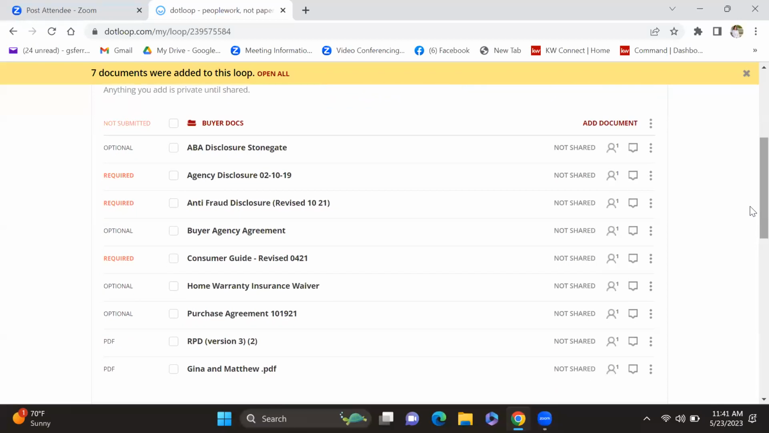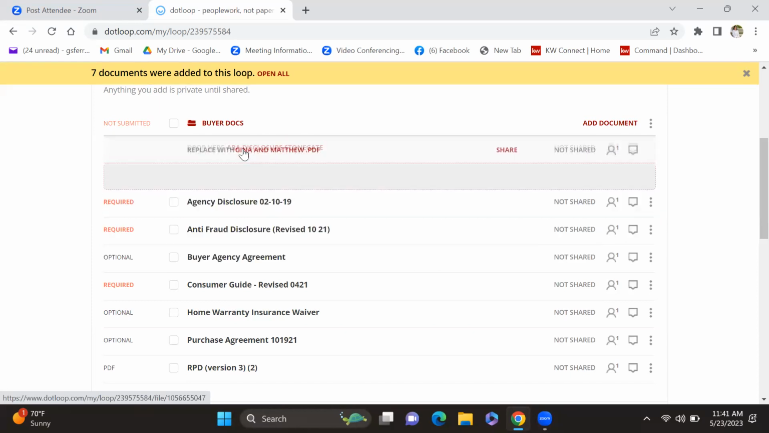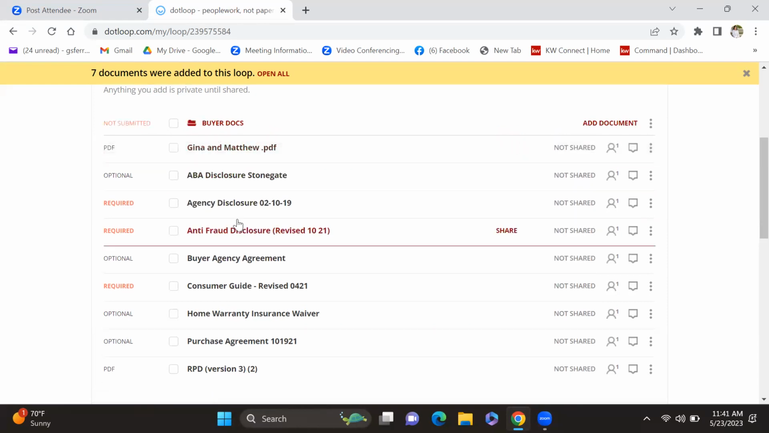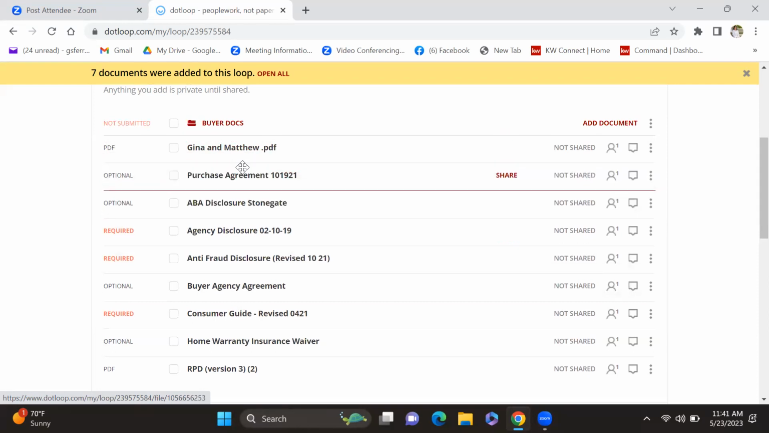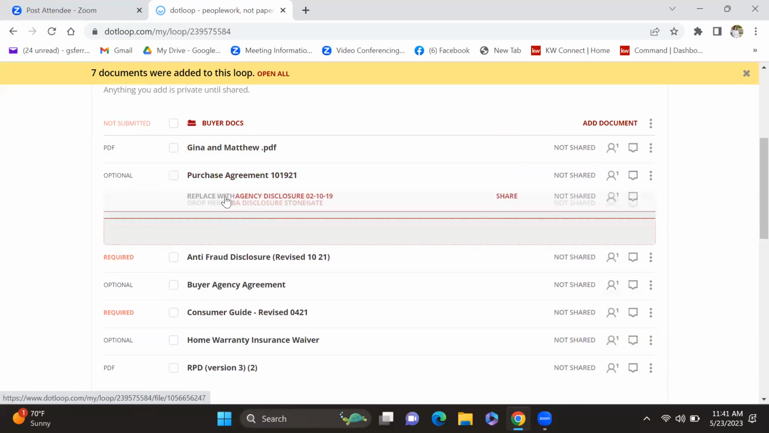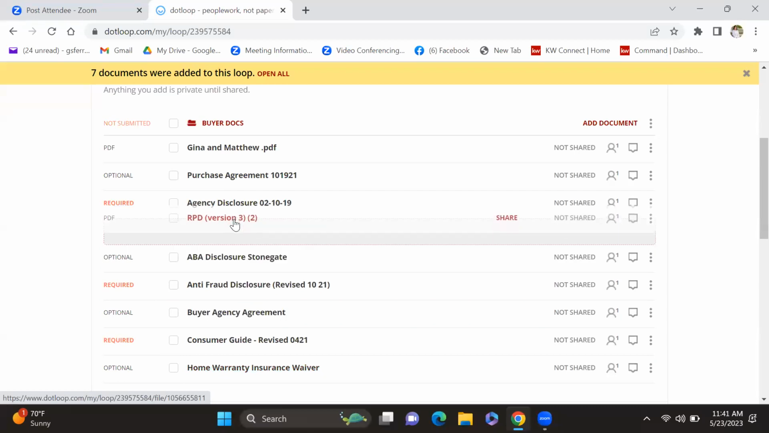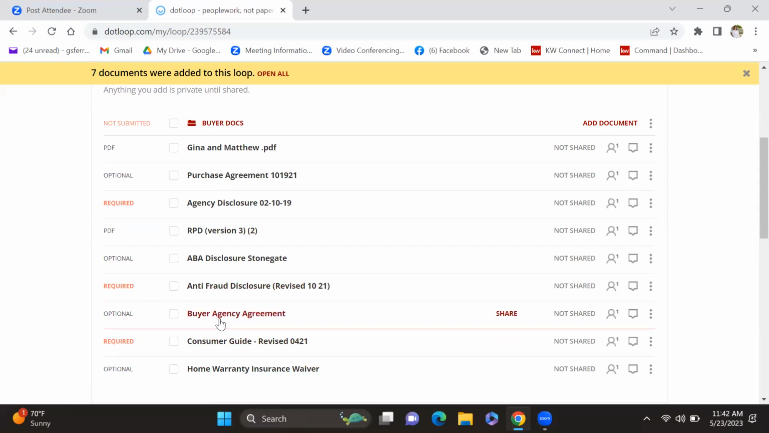Because I'm picky, I like to rearrange the order of things in my loop. So I want my pre-approval at the top, so you can click on it and drag it. Just don't drop it over top of something because it will replace it. You want to drop it over. Then I want my purchase agreement, my agency disclosure, and then I want my RPD and my ABA,